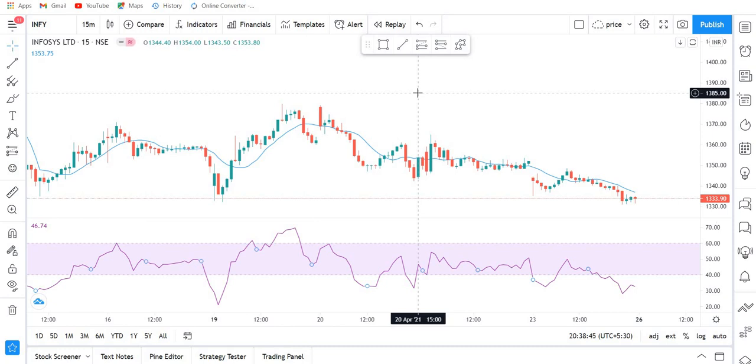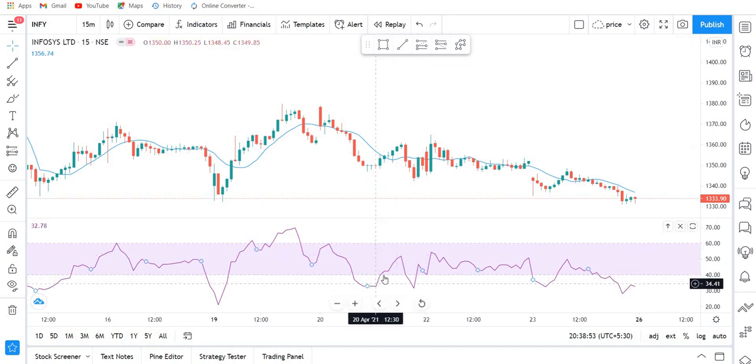So now the buy criteria for us is that RSI should cross the 40 zone from the bottom. So RSI should cross the 40 zone from the bottom, and the candle at that time should close above the 10 SMA. So RSI is crossing the 40 zone from the bottom and going above, and here is this candle. If this candle closes above the 10 SMA, then we are going to say that this is a valid trade based upon our strategy. But as you can see, when RSI crossed the 40 level from the bottom, the candle has not closed above the 10 SMA, so this is not a valid trade.